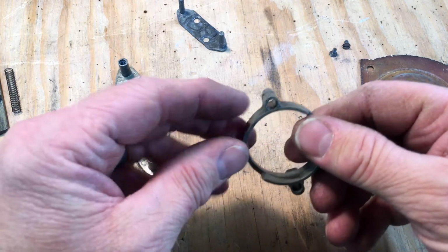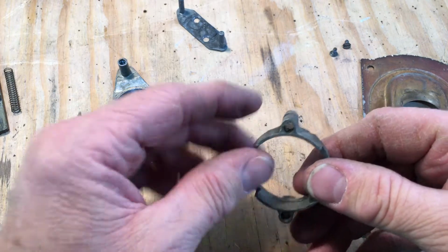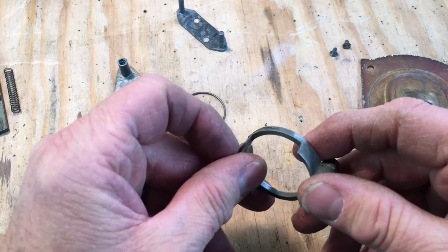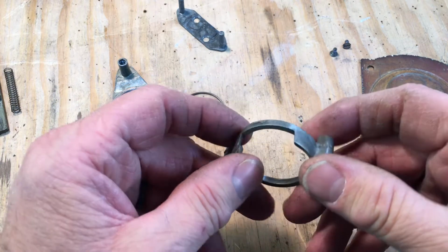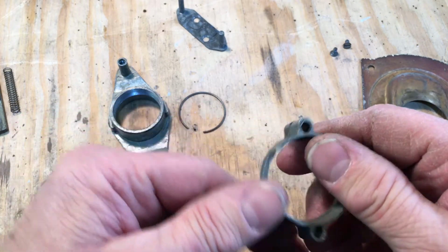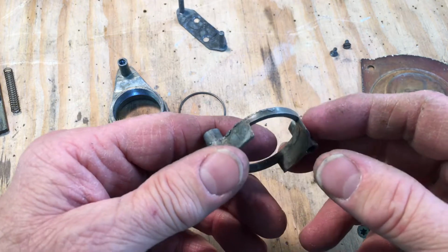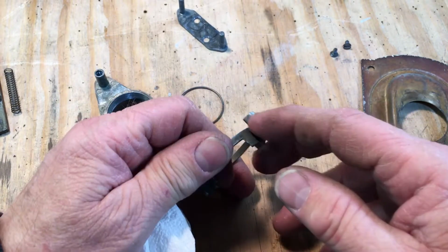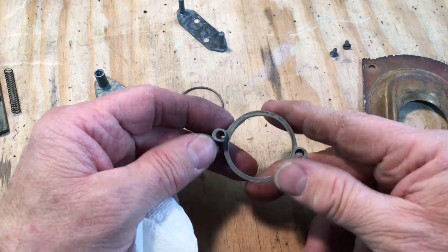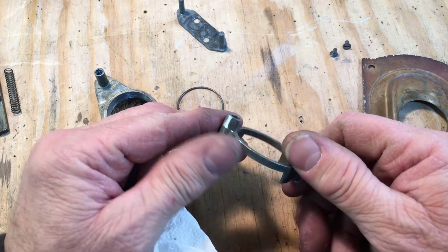While cleaning this, I noticed there's a lot of extra material on here from the forging process that probably doesn't affect anything. But I'm going to go ahead and take it off with a file here and clean it all up. Nobody will probably ever see this unless it's the next service tech that tears this apart 50 to 100 years from now. Alright, got them, all those casting marks cleaned up. Whether it'll affect the operation, probably not, but